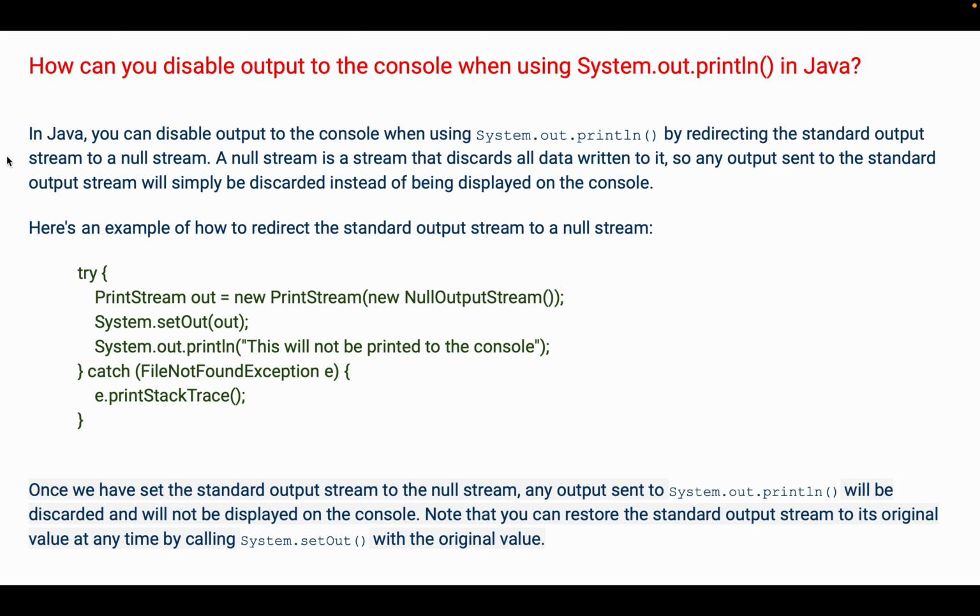So here is an example to show how to redirect the standard output stream to a null stream. What we do is create an object of null output stream, and we pass that to the constructor of print stream, and then we set that using the System.setOut method. You remember in the previous example where we redirected the text to a text file, there we used